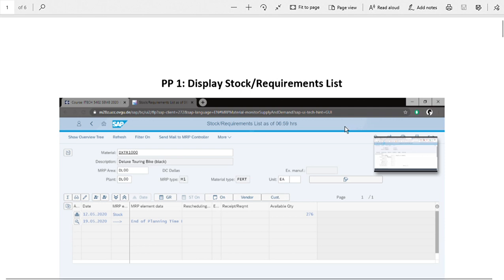In today's video, we are going to discuss 5 transactions. Let's start from the first transaction, which is to display stock requirement list. In this first transaction, we use the Monitor Stock Requirement List app from the Fiori app, and the main objective of